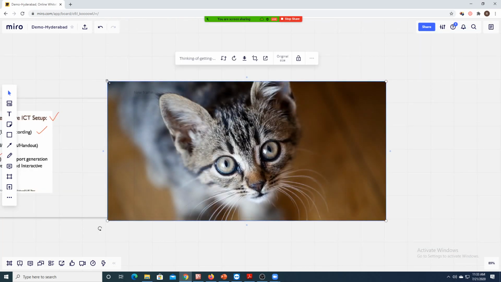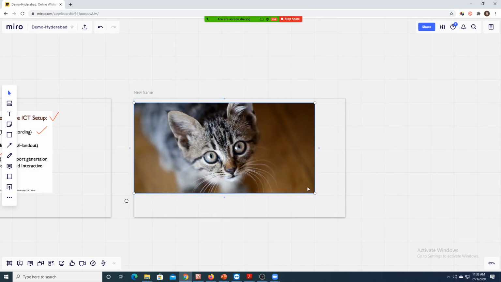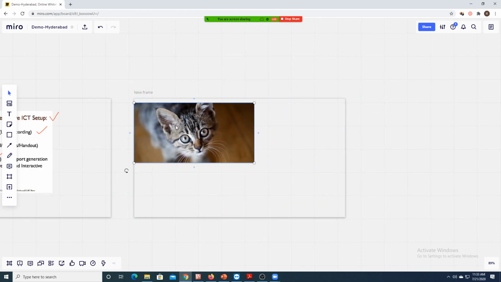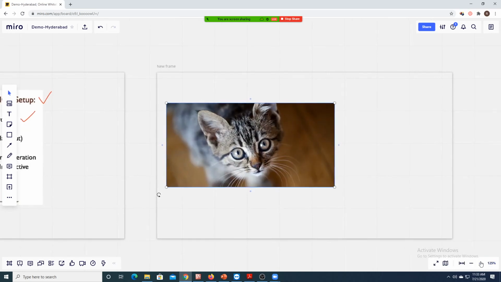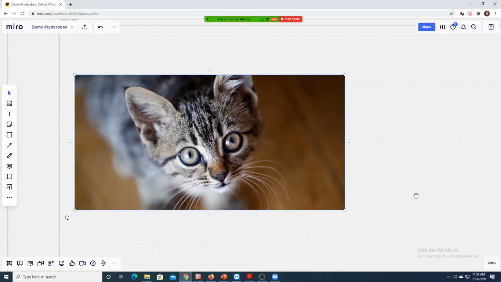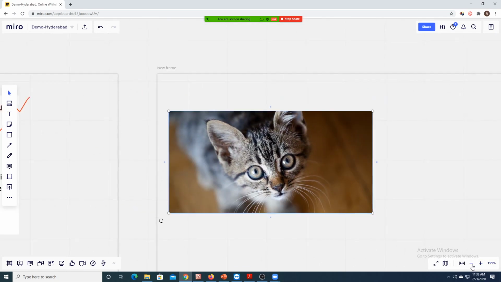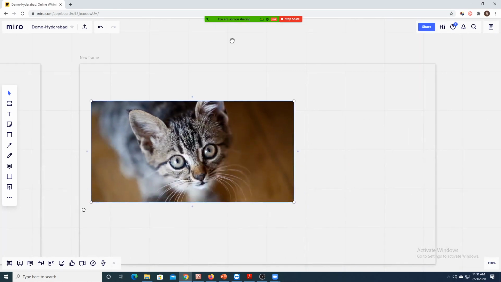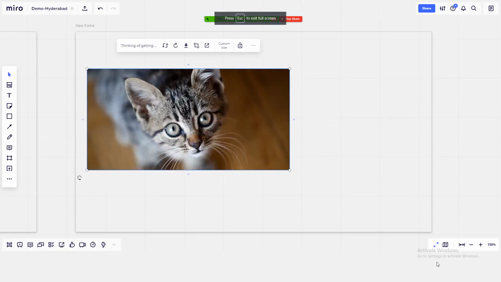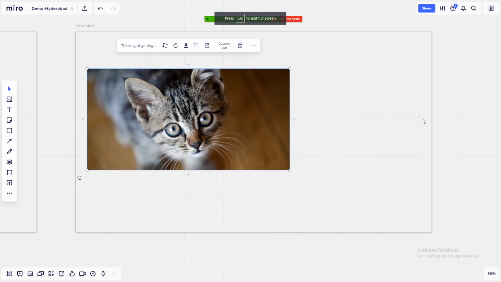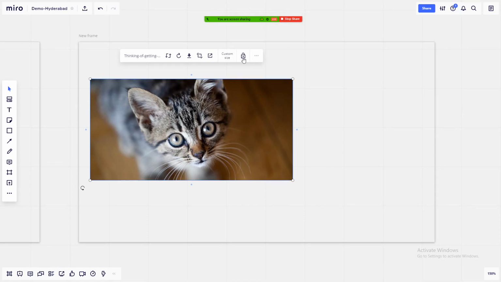So just click on that, minimize it so that it fits your frame. However much you want it to occupy in your frame, you can just do that, and then zoom back. I mean, fit it to your frame, and I think this is fine for me. So I'll come to this frame. Or you can click on this full screen. It will now make it full screen so that there is no confusion. Once again, if you want, you can lock this.